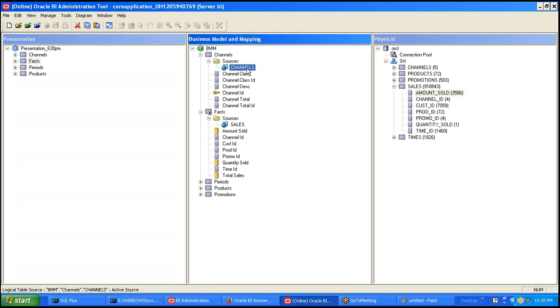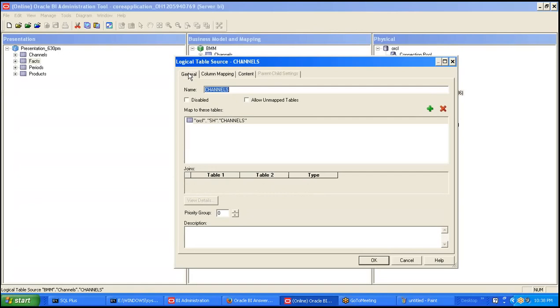If you rename it, how can you check which table it is using in the physical layer? Double click and go to General, and you can see orcl.sh.channels. ORCL is the database name, SH is the schema name, and channels is the physical table name.